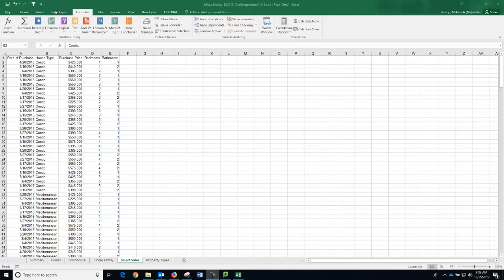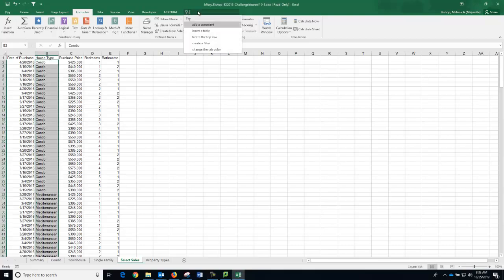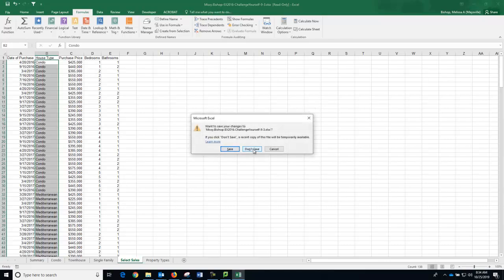So remember, when I'm working through this, if it does not look the same as the Excel view you have at home, you can always go to this little light bulb and type in, for example, data validation, and it will walk you through how to get there from the version you have at home. So to get started, let me clear out of this workbook,